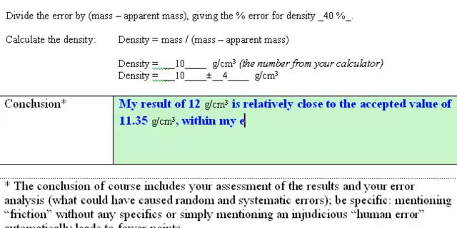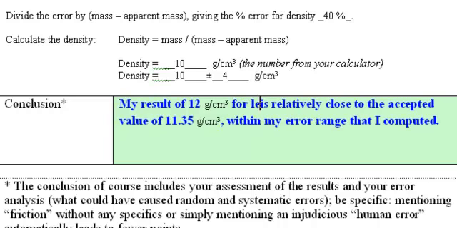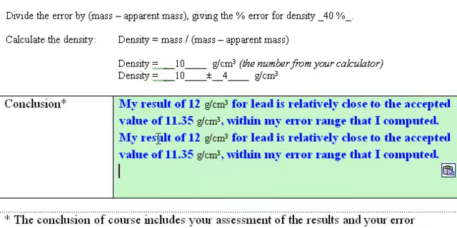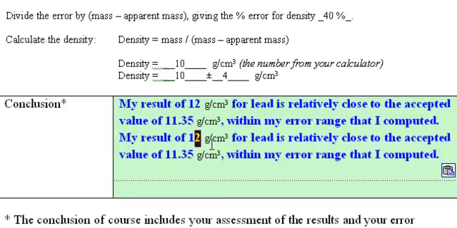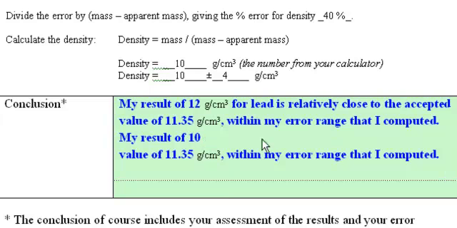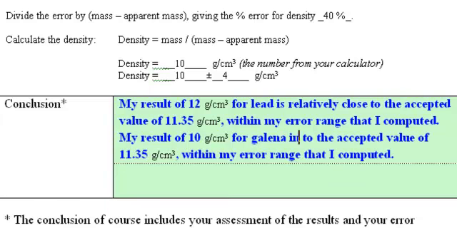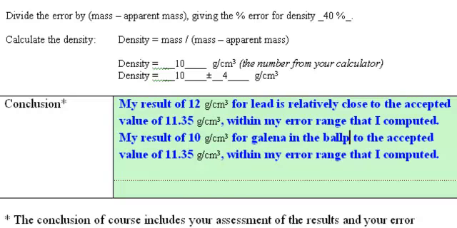Within my error range that I computed. And the other one then would be minus what would be my result for lead, right? And then the other one would be my result of 10 grams per cubic centimeter for galena, which is lead ore, which is different. That's lead sulfide, it's a different compound. Is, well, somewhat close. I used the word ballpark, is in the ballpark